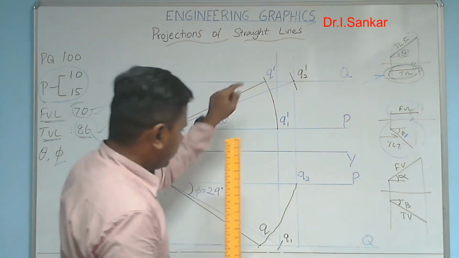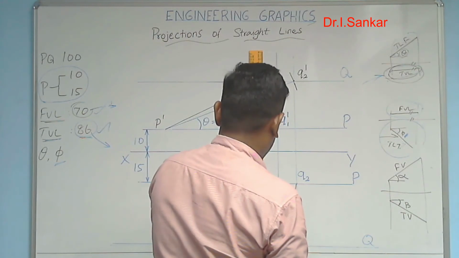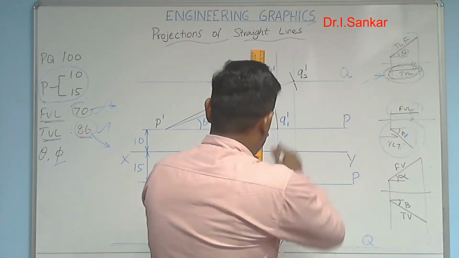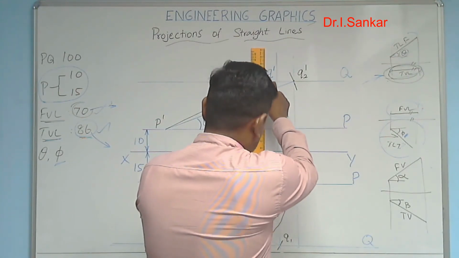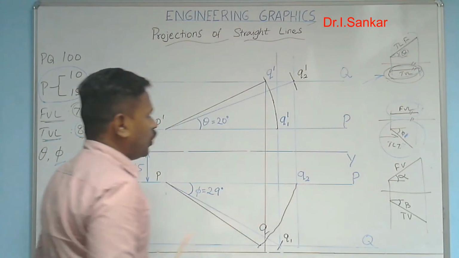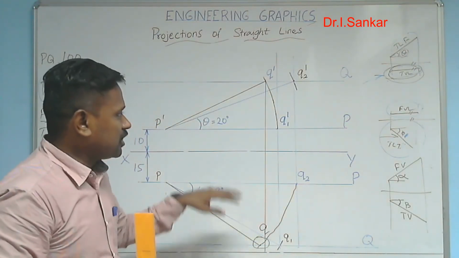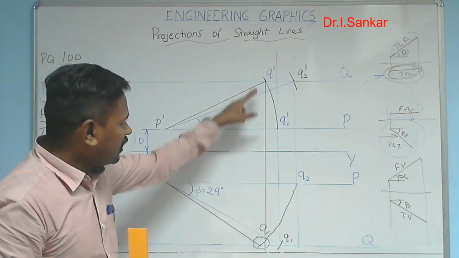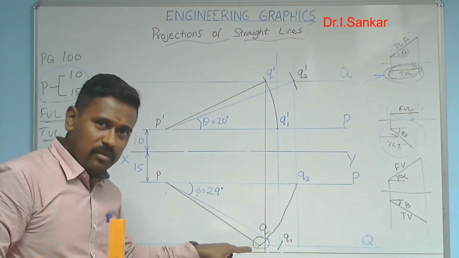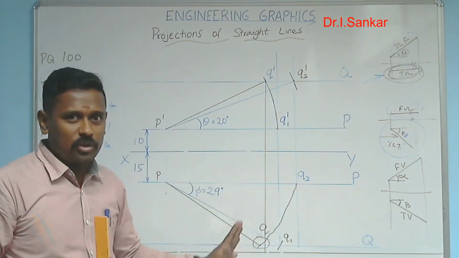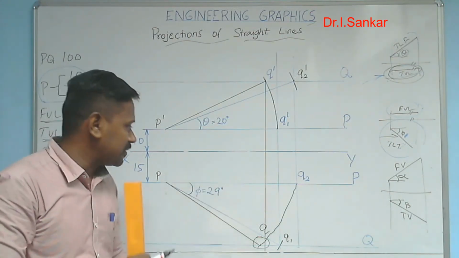And if you draw the projector from Q dash, definitely this will cut the Q. But here it is not possible since I am taking the dimensions only in an approximate way. So definitely my projector won't connect with the Q. But in your work, definitely you won't get this much offset error. Once you use the perfect dimensions and the proper tools, definitely the Q dash and the Q will lie in the same projector. This is actually wrong since I am using approximate dimensions only. Just collect the procedure only from this lecture.